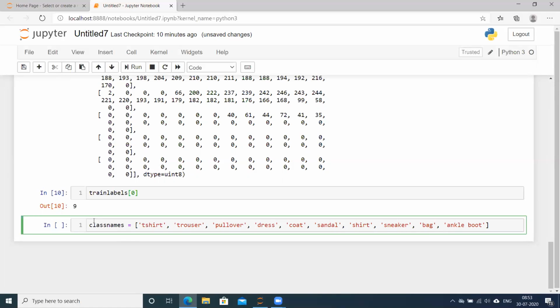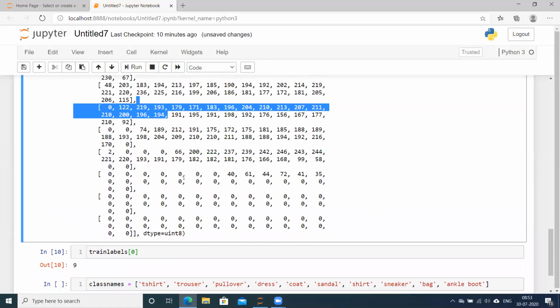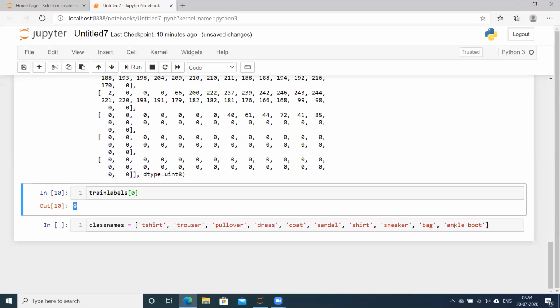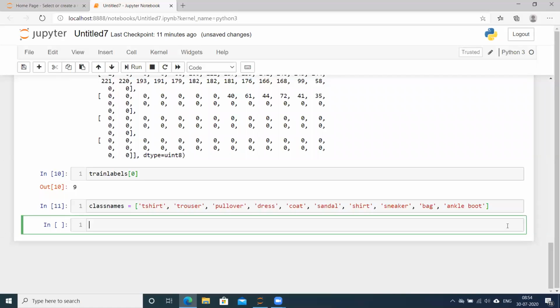So you guys can see this first image, these values are the pixel values, and it has label 9. It means actually it is an ankle boot. So here we have written these names. Now